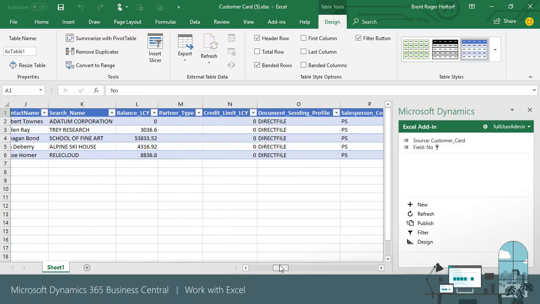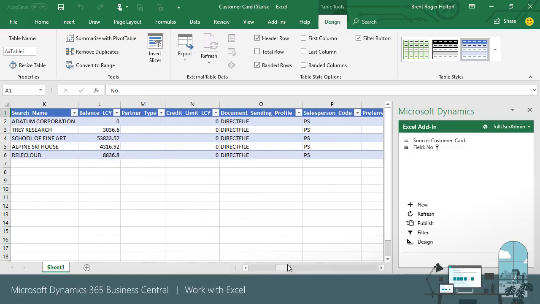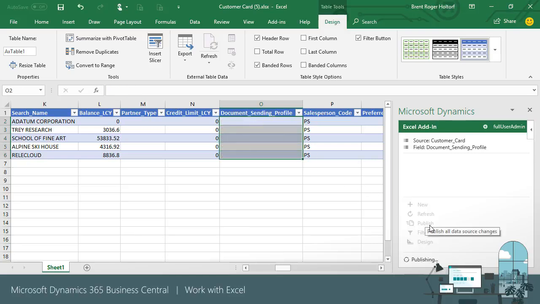Note that the process to publish the data also includes validation of the data. If the data we enter and try to publish is invalid, the row with invalid data is highlighted and a message provides information on the changes needed. In this case, email isn't a profile that has been set up in the system, so we need to enter